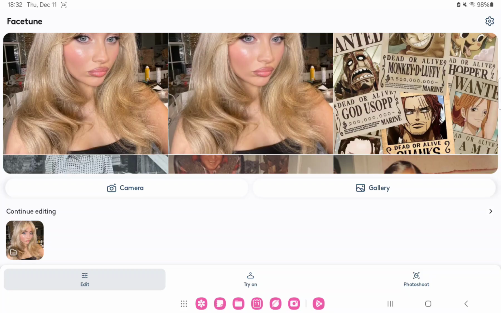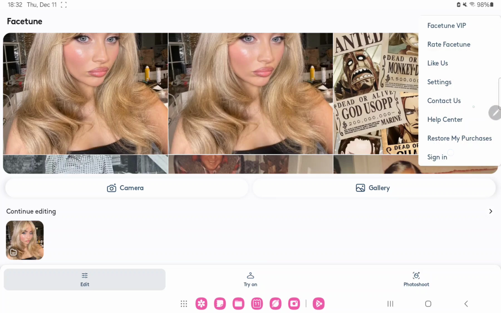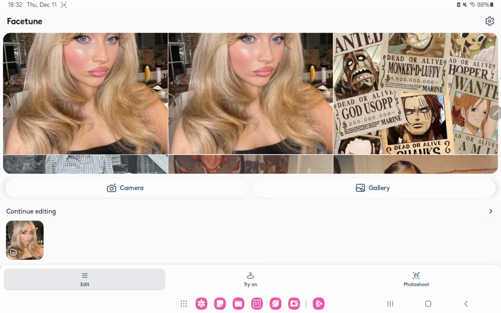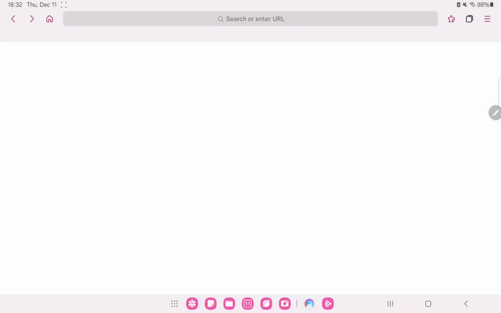First of all, open the application on your device. So that's the home screen, and you can find different buttons. Now, just click the settings icon at the upper right corner of the home screen, and here you can find the Help Center option under the Contact Us. Tap that, and